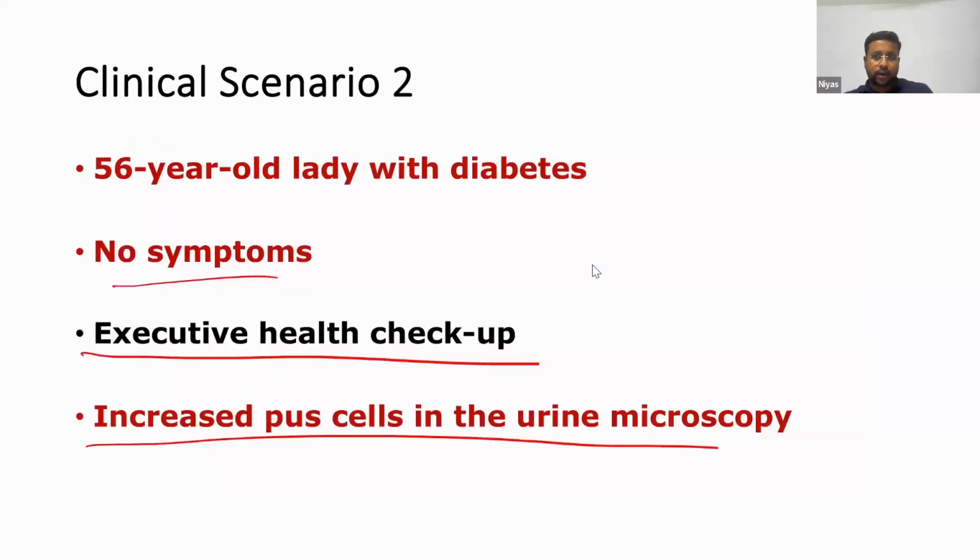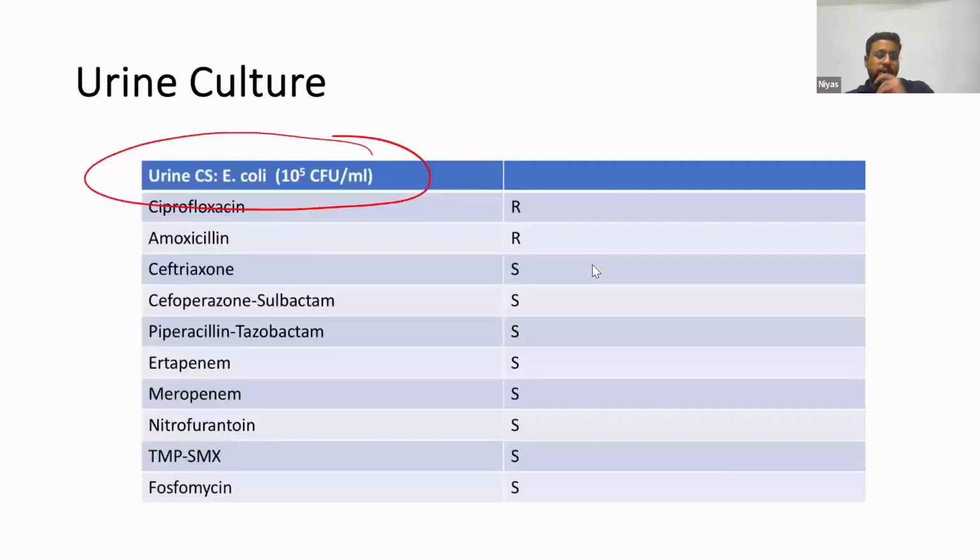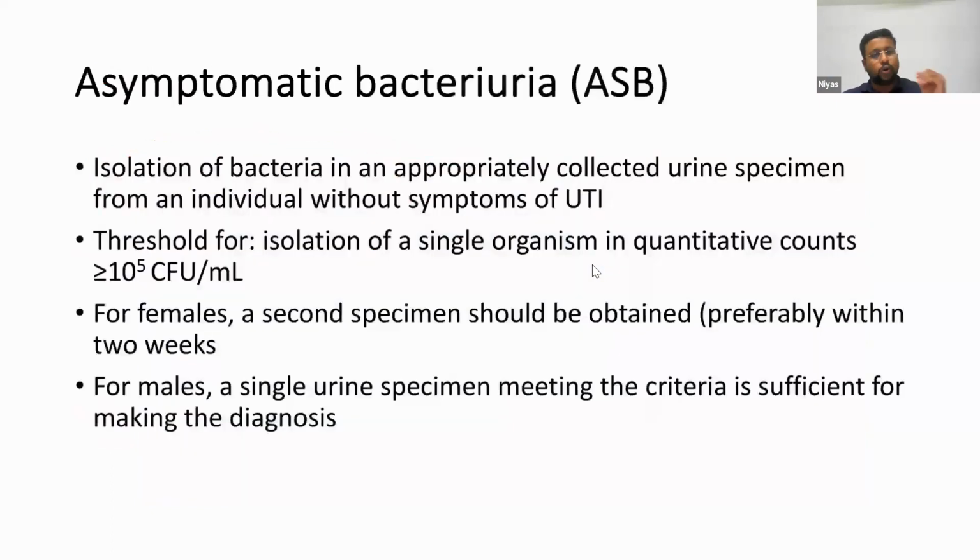Again, what is the clinical diagnosis? This is a 56-year-old lady. She does not have any clinical features suggestive of urinary tract infection, but she has a urine culture where the organism has grown at a level more than 10 raised to 5. So this is what is called asymptomatic bacteriuria. By definition,